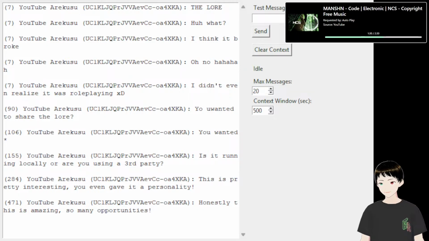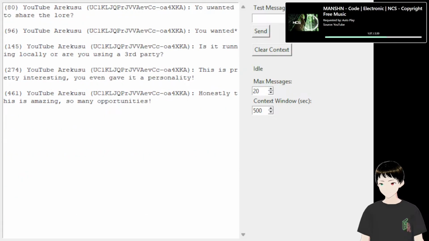So yeah, all those top messages are at 7 seconds, 2 seconds, and soon they'll all be gone. Oh, they're gone. And now the bot doesn't know they existed ever. The reason I did that is because the time might be a little too short, but I have to cap it off at 20 messages.